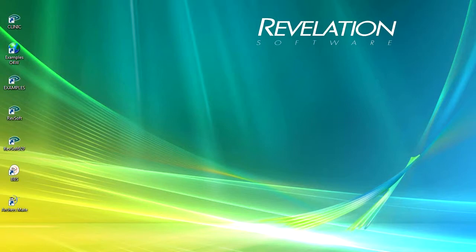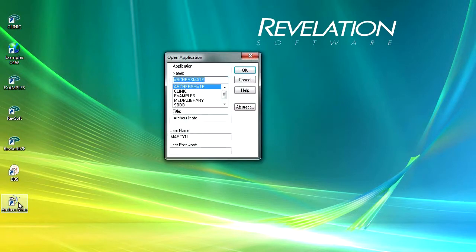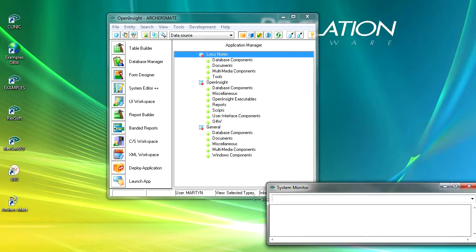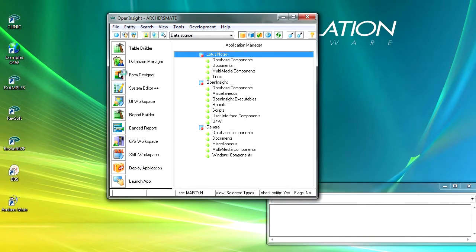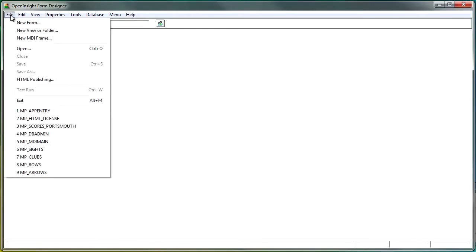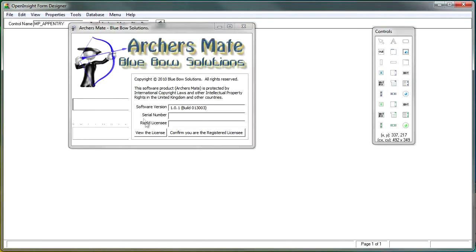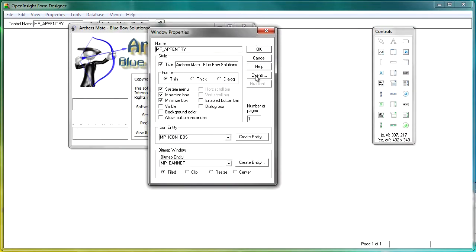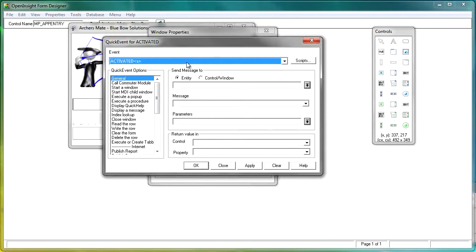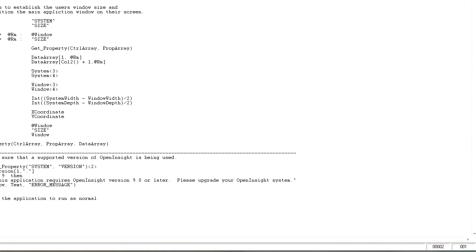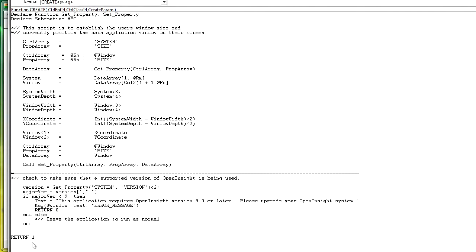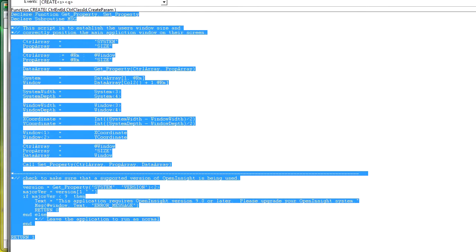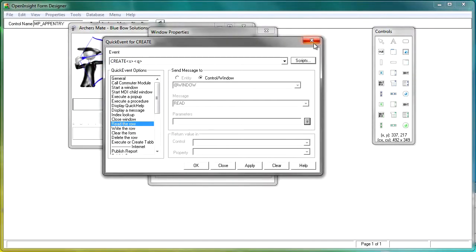Right, what we're going to need to do is we're going to need some code, and as you all well know, I'm not an application developer. So what I'm going to do is I'm going to go to an application I'm already writing, the one we looked at earlier. And we're going to go to this application entry window. I'm going to go into the events, and I'm going to go to the create event and into scripts, and there is, if I just move this down so you can see, a bunch of code here that I'm going to want to use. So we'll just simply copy that, and then we'll just come out of that particular application,